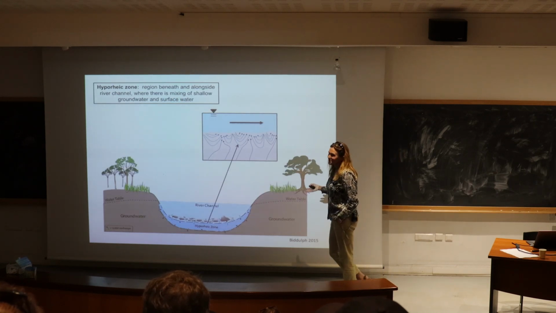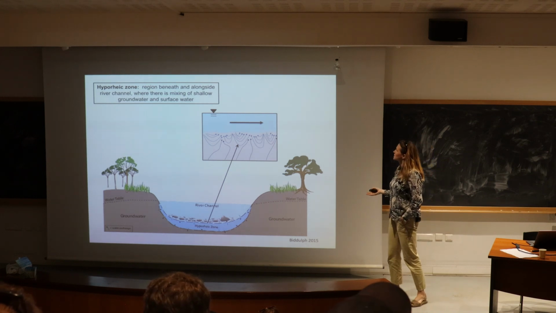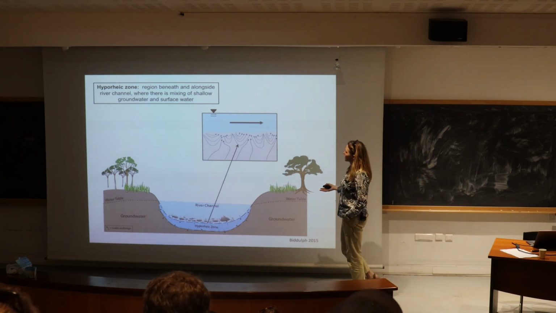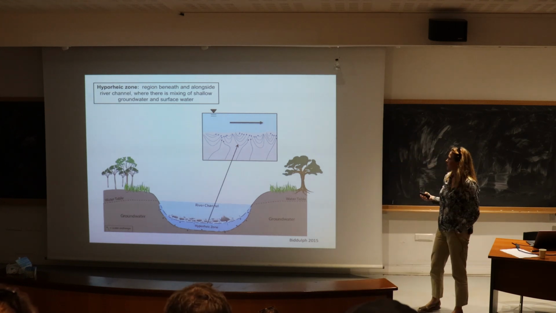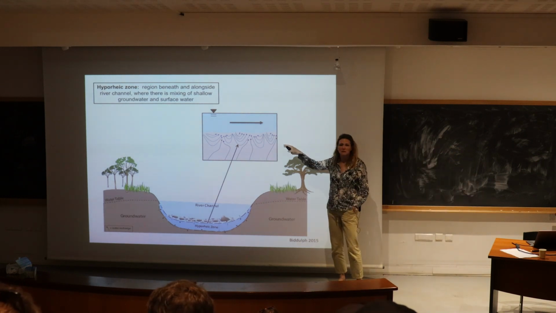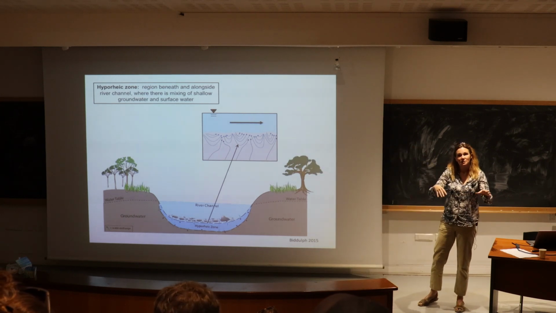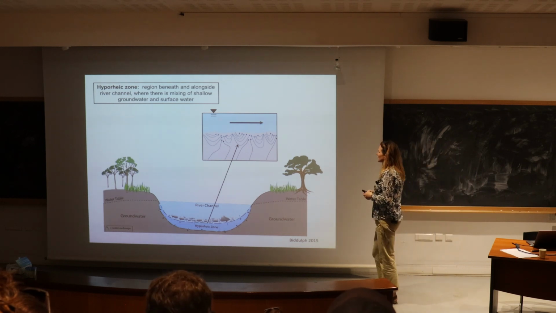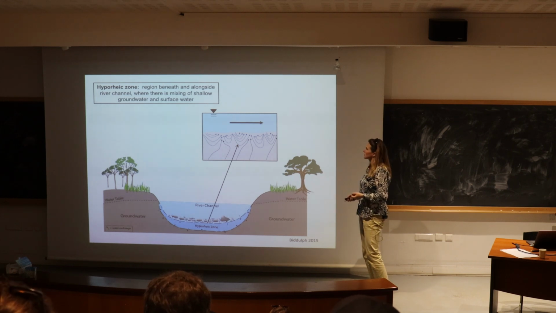Let me introduce to you the hyporheic zone, which is the region beneath and alongside of river channels or streams where there's mixing of shallow groundwater and surface water. And mixing happens at a variety of scales with a variety of rates. And this zone is very important for all kinds of things, including it's where fish sometimes lay their eggs. So it has ecological significance. It shapes things like the community of macroinvertebrates that are in streams. And so it has ecological relevance as well as relevance to thinking about contaminant transport and nutrient cycling in streams.